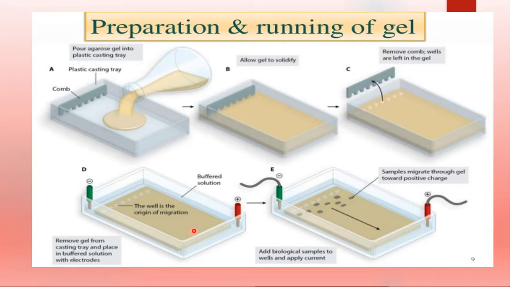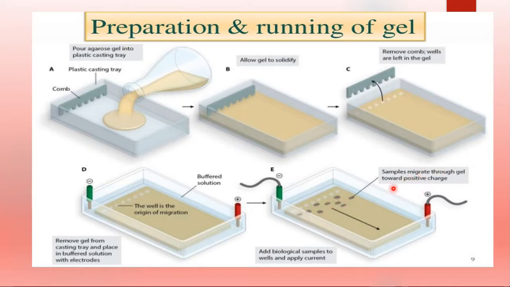So now after this, the wells are the origin of migration of the samples. Now you have to load your samples in these wells. Now once it is done, it is going to be connected to the power supply having the cathode and the anode, and now this gel has to be filled with the buffer solution. Now once the buffer solution is kept, everything is ready, you are going to connect the power supply. And now what is happening? So here see, there is the movement of the molecules, are you able to see? The biological sample is in the wells and we apply the current.